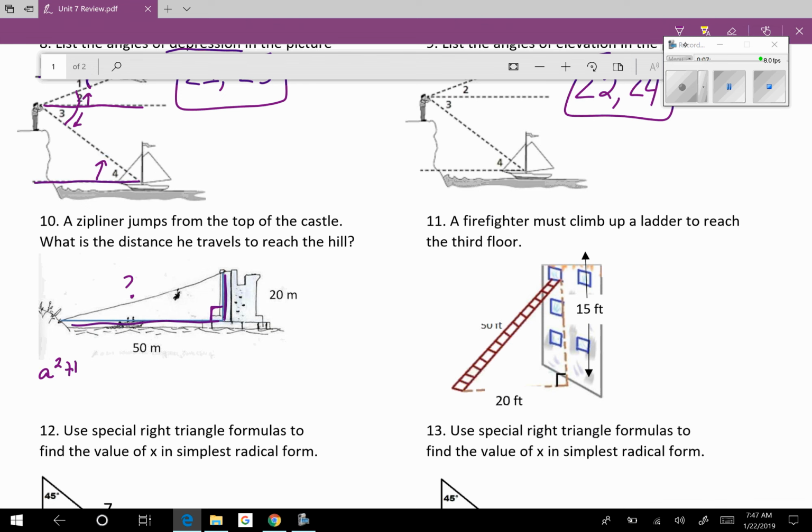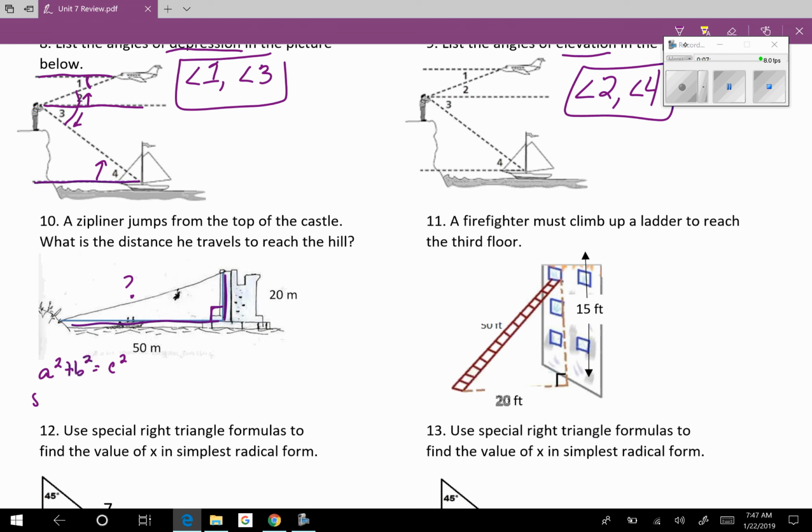a squared plus b squared equals c squared. So we just plug in here. 50 squared plus 20 squared equals c squared. So 50 squared is 2,500, and 20 squared is 400. So c squared is 2,900. And so then we want the square root of that, because we don't want c squared, we just want c. So c is the square root of 2,900,